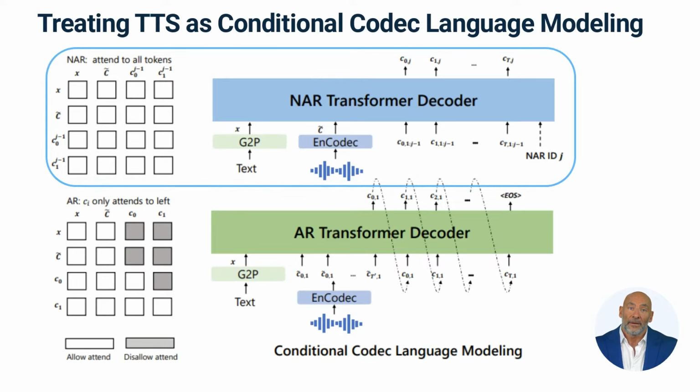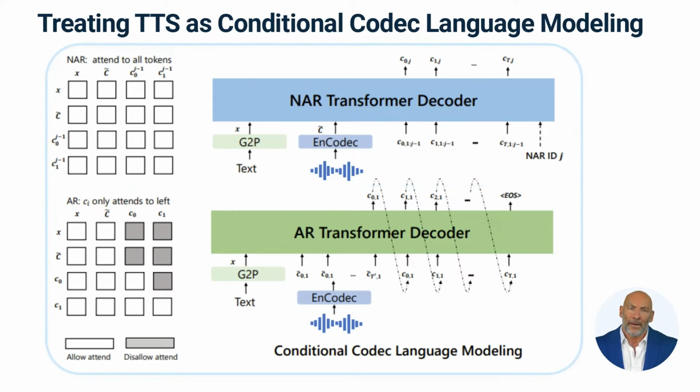On the other hand, the NAR model is trained using tokens from the second to the last quantizers. Since the tokens can't access each other in a non-autoregressive manner, the acoustic prompt matrix is used to constrain the speaker's identity. It is conditioned on the phoneme sequence, acoustic prompt, and predicted acoustic tokens that belong to previous codebooks.